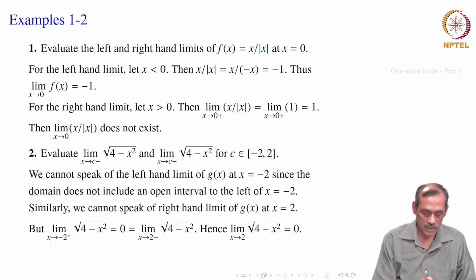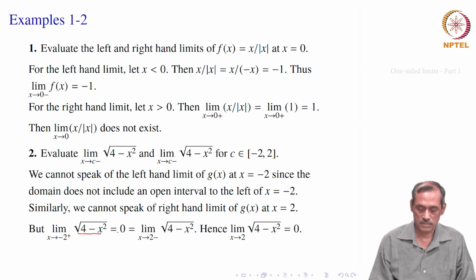Okay. So, for those cases, let us say at minus 2, what happens? Minus 2 and the right side limit. There, 4 minus x square remains near 0, therefore, the limit is 0. And when it is 2, we are considering the left side limit. There also the square root of 4 minus x square remains near 0. So, at 2 minus it is also 0. So, when x goes to 2 minus, this is equal to 0, that is what it says. But if you take 2 plus, the limit is not defined, only 2 minus is defined, as we have seen here.